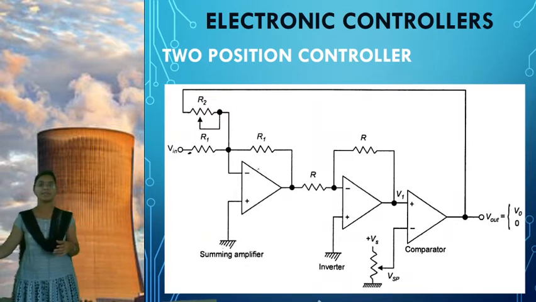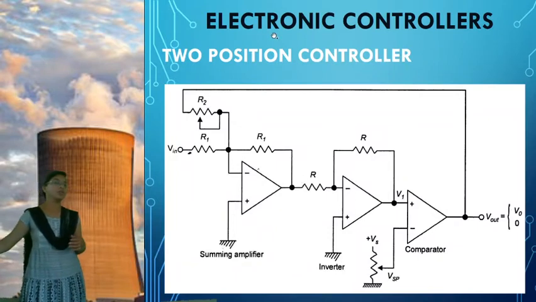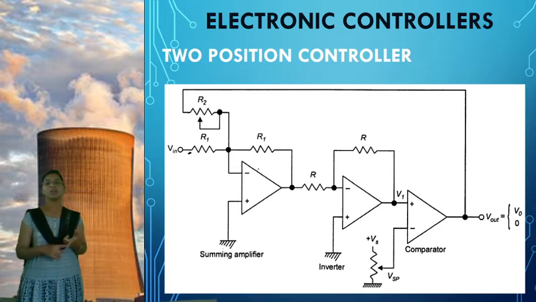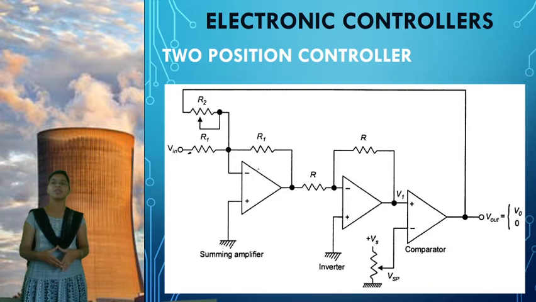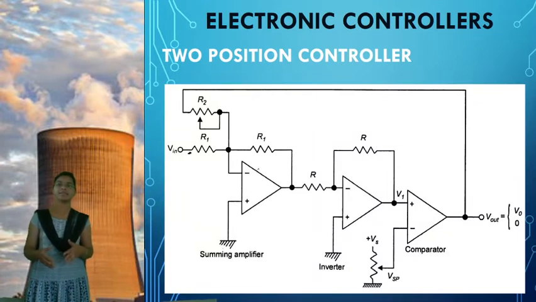So first we'll discuss the electronic controllers. In electronic controllers we can use a two-position control system, multi-position control system, or proportional integral derivative control systems, as well as composite ones: proportional integral, proportional derivative, and proportional integral plus derivative. In this session I am going to explain the different types of electronic controllers we use and how the controller mode acts on them. Next we will discuss pneumatic controllers and the basic phenomena of a pneumatic controller in this session.